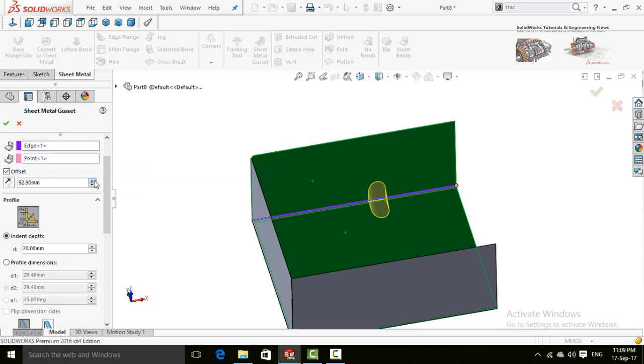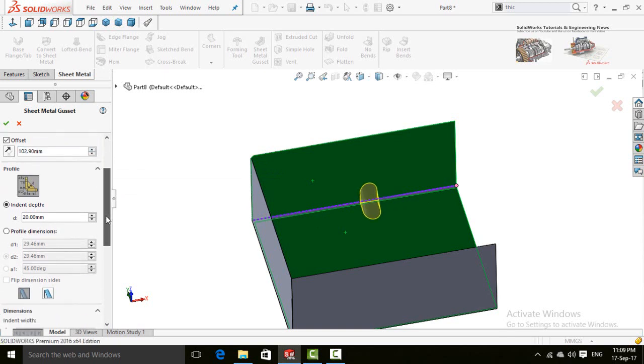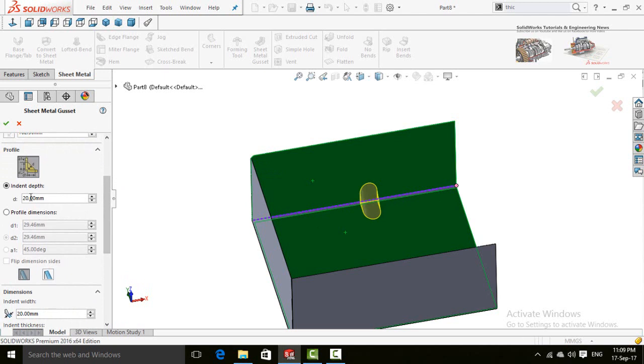You can increase or decrease this distance. Scroll down again and here are the sizes for this gusset. If you want to edit all dimensions, check this option, profile dimensions, and select all the dimensions manually.